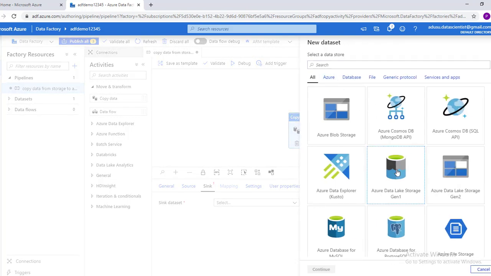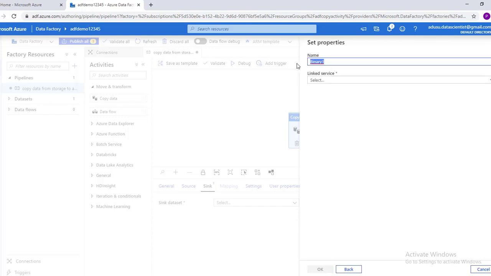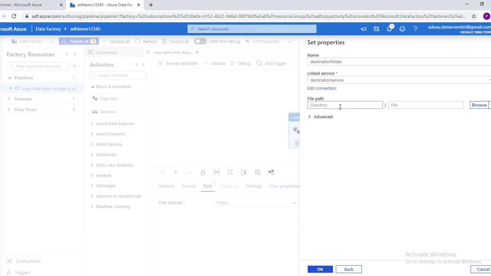Let's continue. Binary. Click on destination. Destination folder. Linked service is destination service. We can give a name called raw path. Click on OK.